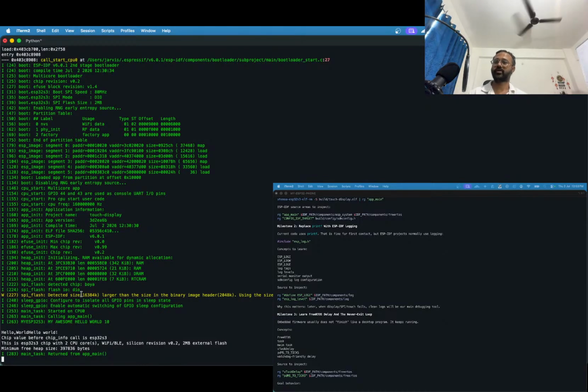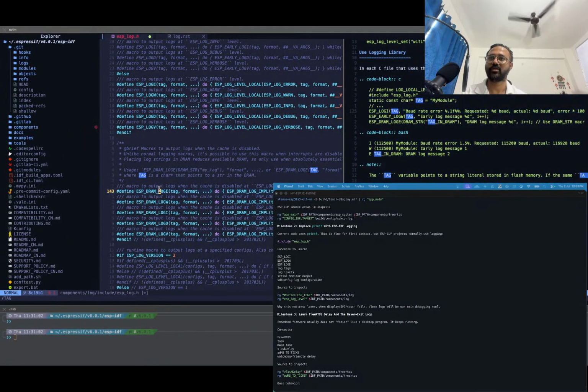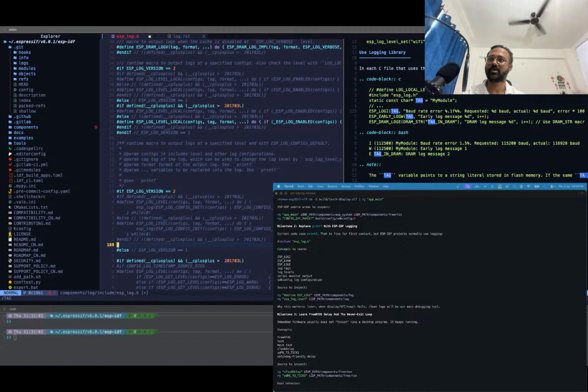Okay. So ESP log we are kind of understanding. So these are the macros to output logs. DRAM log, we have macro to output ESP log, and then DRAM logs log level. If it is defined as 2 runtime macro outputs,